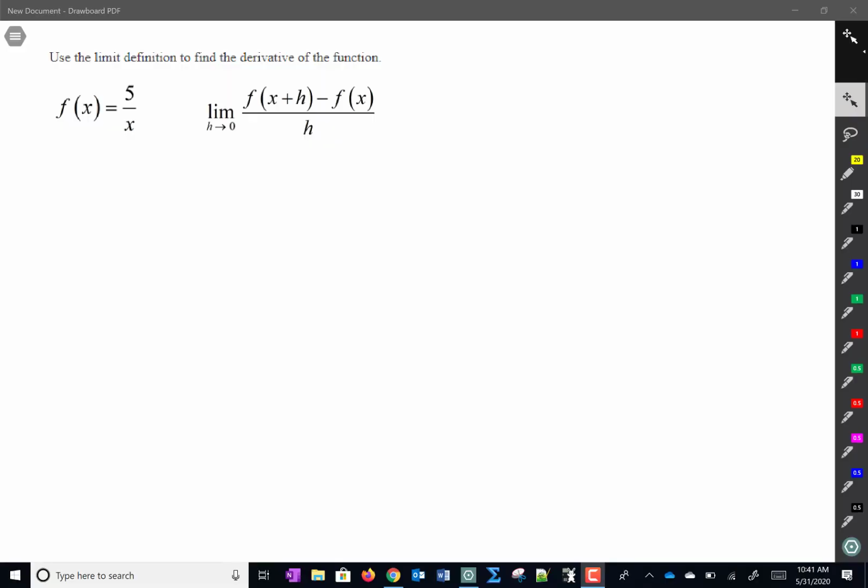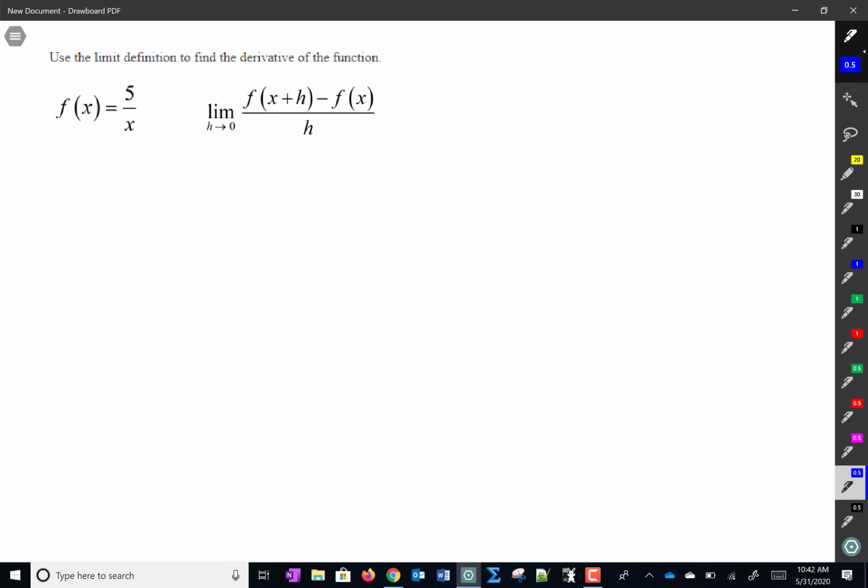In this problem, we're asked to use the limit definition to find the derivative of the function. And if you haven't studied derivatives yet, it just means to evaluate the difference quotient, which is a limit. We'll connect that to derivatives later on in the class, but for now, let's just practice with a limit that generally results in a function rather than a single point. So, for instance,